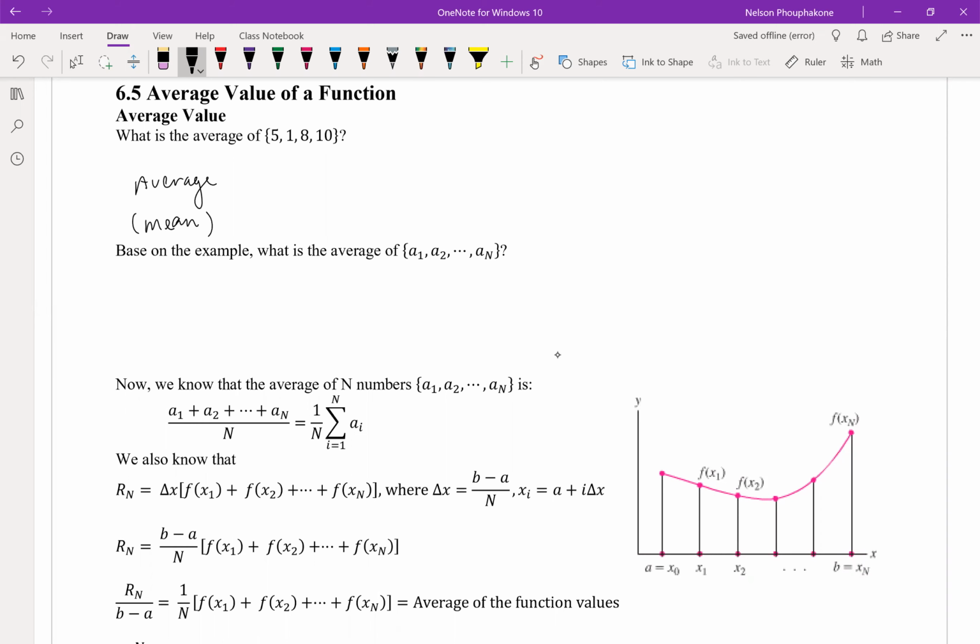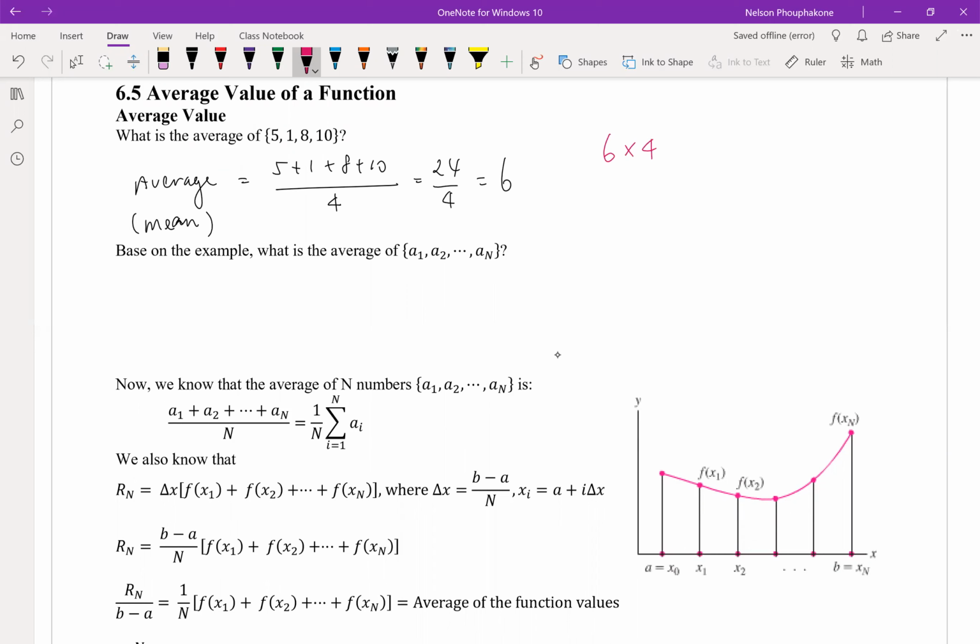Sometimes we call the average the mean, right? So it is equal to 5 plus 1 plus 8 plus 10, and then divide by 4. Then, of course, we will get 24 over 4, which is equal to 6. So 6 is the average value or the mean value. So what does this mean? It means that we could use the number 6, the average, and then multiply